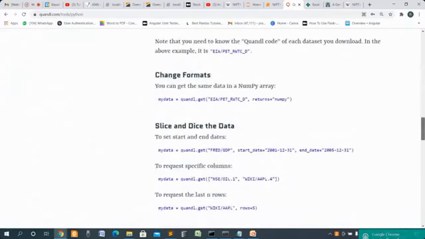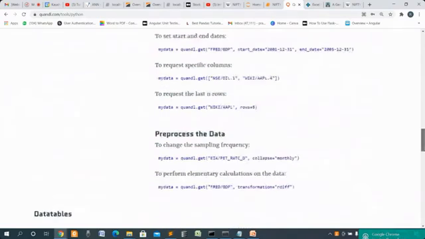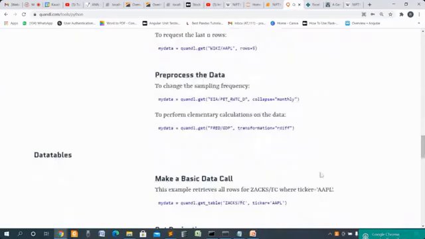Say NSE, suppose NSE/OIL. This is the NSE, and this is how you have to get this. This is Apple. Suppose I want to get the price for Apple, this is how you will get it. So they have given you how to use this. So the first thing is we have to extract this data.